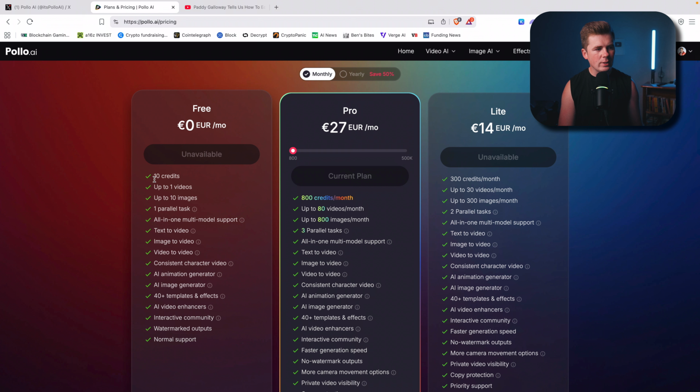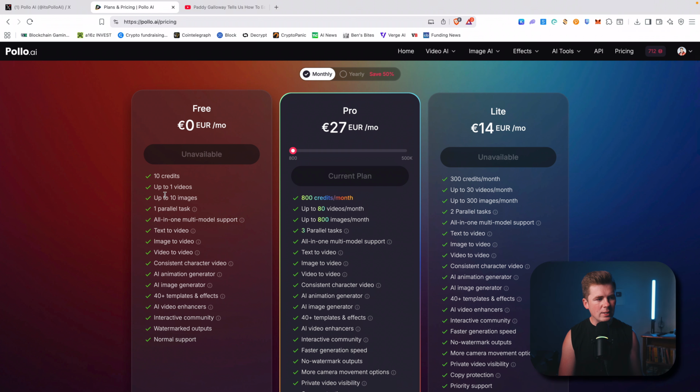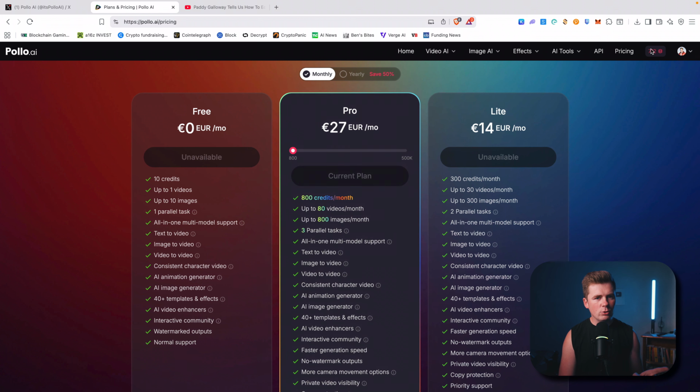Here you can see 10 credits, up to 1 video, up to 10 images. So you can just try it. If you don't like it, don't buy. But if you like it, you can just choose the Pro plan. Another thing is that